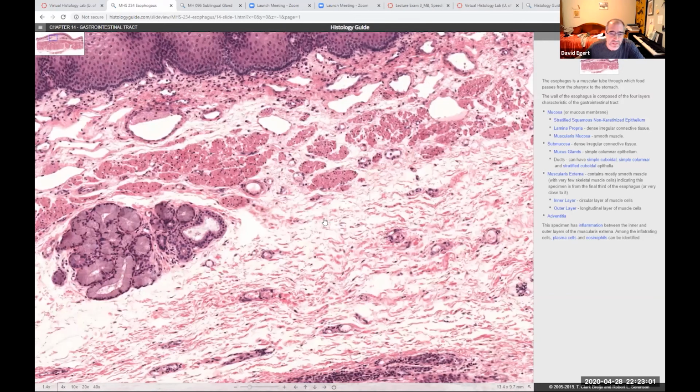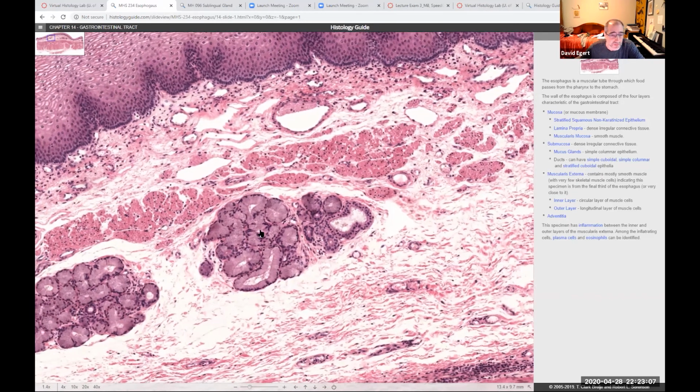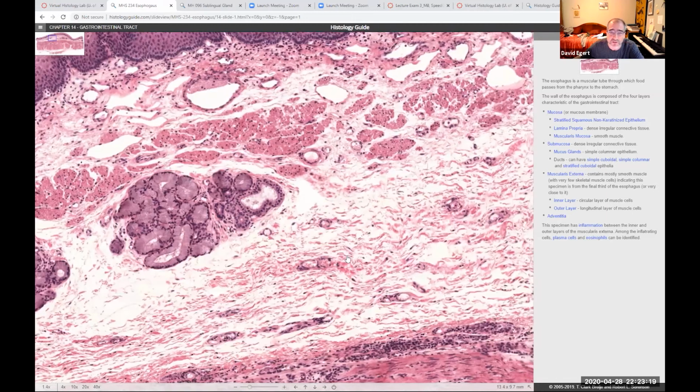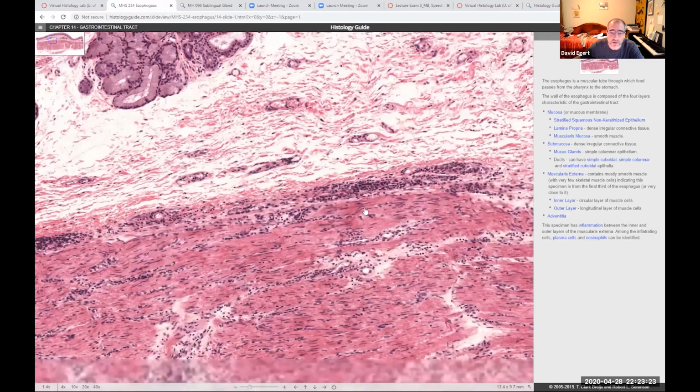Oh, these things, cuboidal walls, these have got to be ducts. In fact, these are some kind of mucus gland here, because these are like goblet cells making some kind of mucus. Here are cuboidal cells making ducts. So there's glands down here, there's blood vessels, whatever. We continue on. Now we are in the